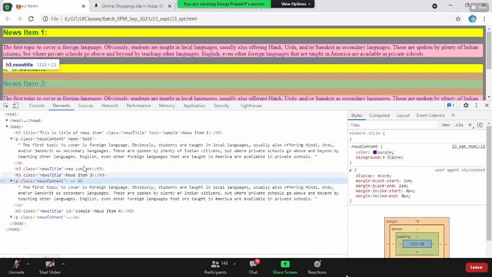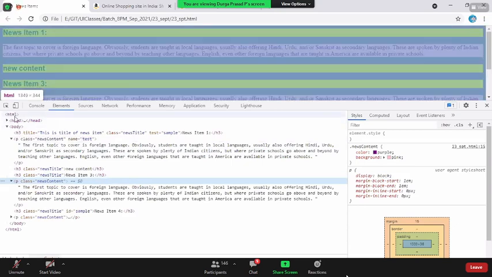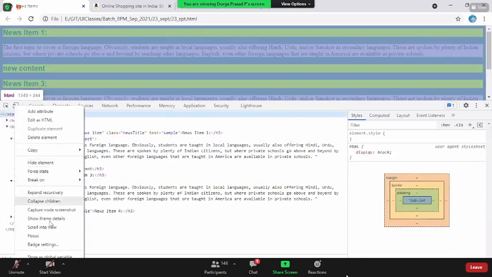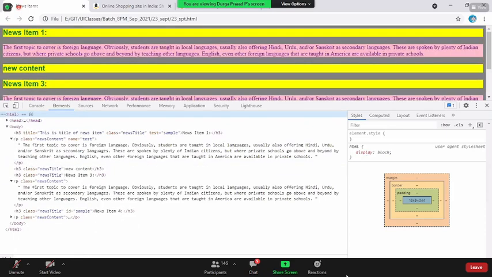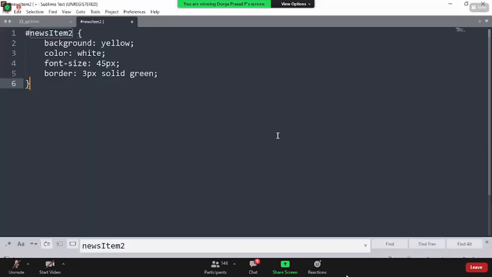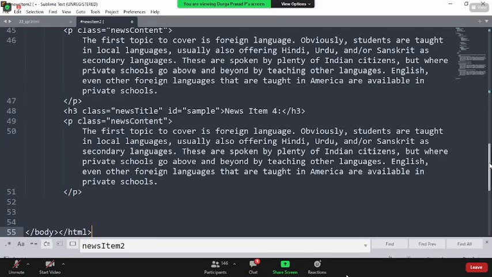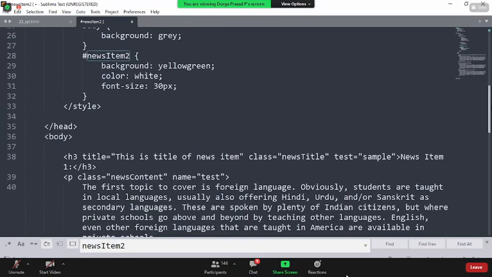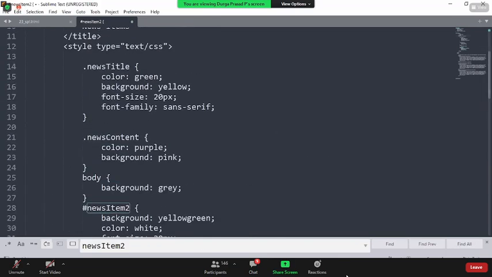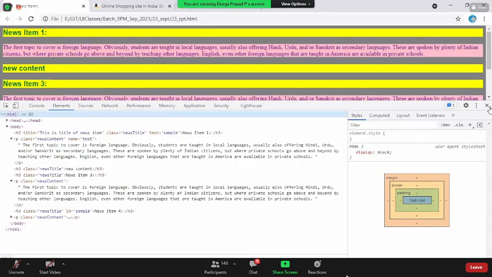Now, if we want this to be permanent, right click on the HTML tag. There is something called Copy element. Now, if you come back and paste here, see, the complete HTML, whatever changes you have added, you are able to see that, right? So in that way, you can copy and paste that. That is how you carry the changes from the debugging tool over as permanent changes.